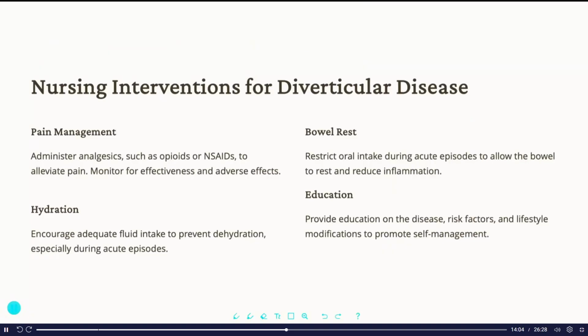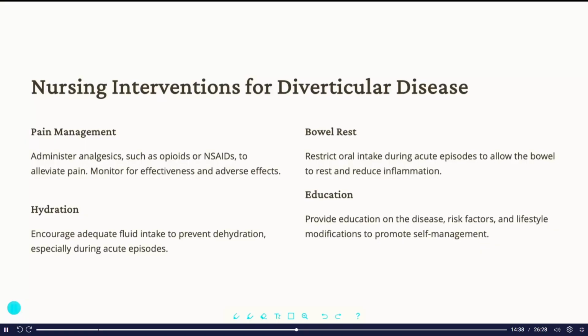So nursing interventions with diverticular disease, if a patient is coming in with a flare-up of diverticulitis, they're going to be NPO. We want that bowel to rest to get that inflammation to go down. So we're going to be giving them IV fluids like normal saline to help prevent dehydration. Once the bowel is rested for a bit, we'll start with a clear liquid diet and advance slowly to